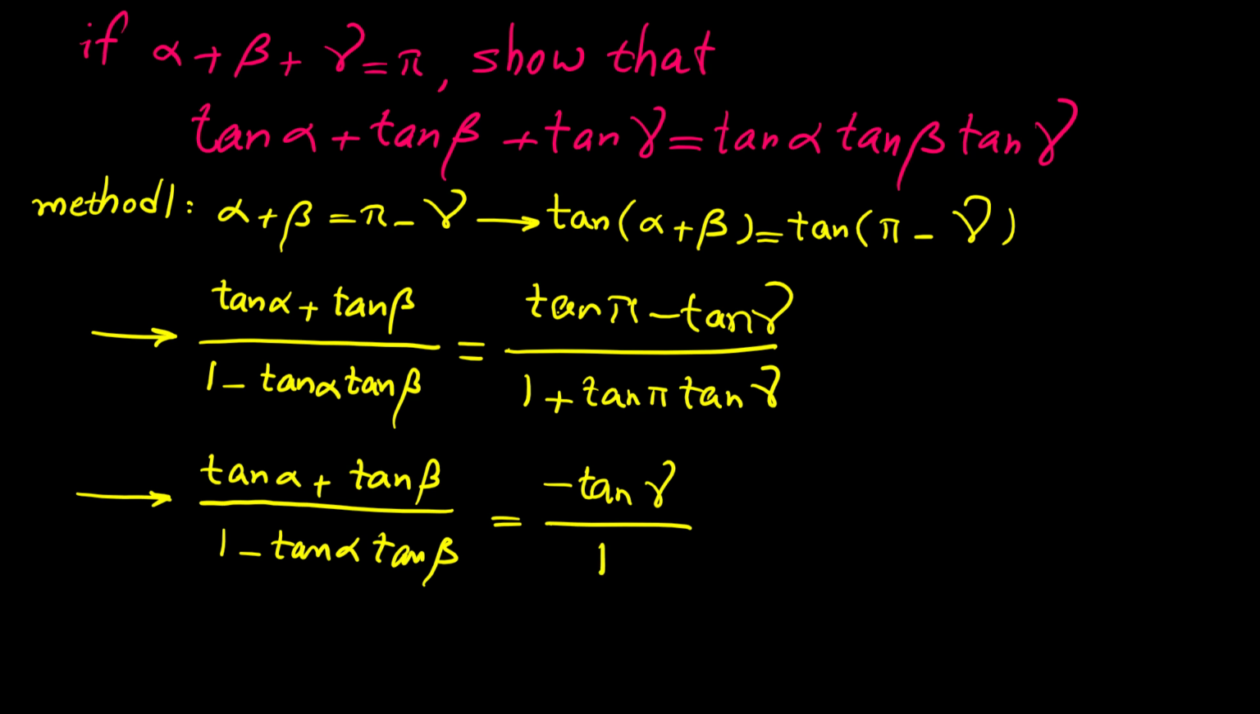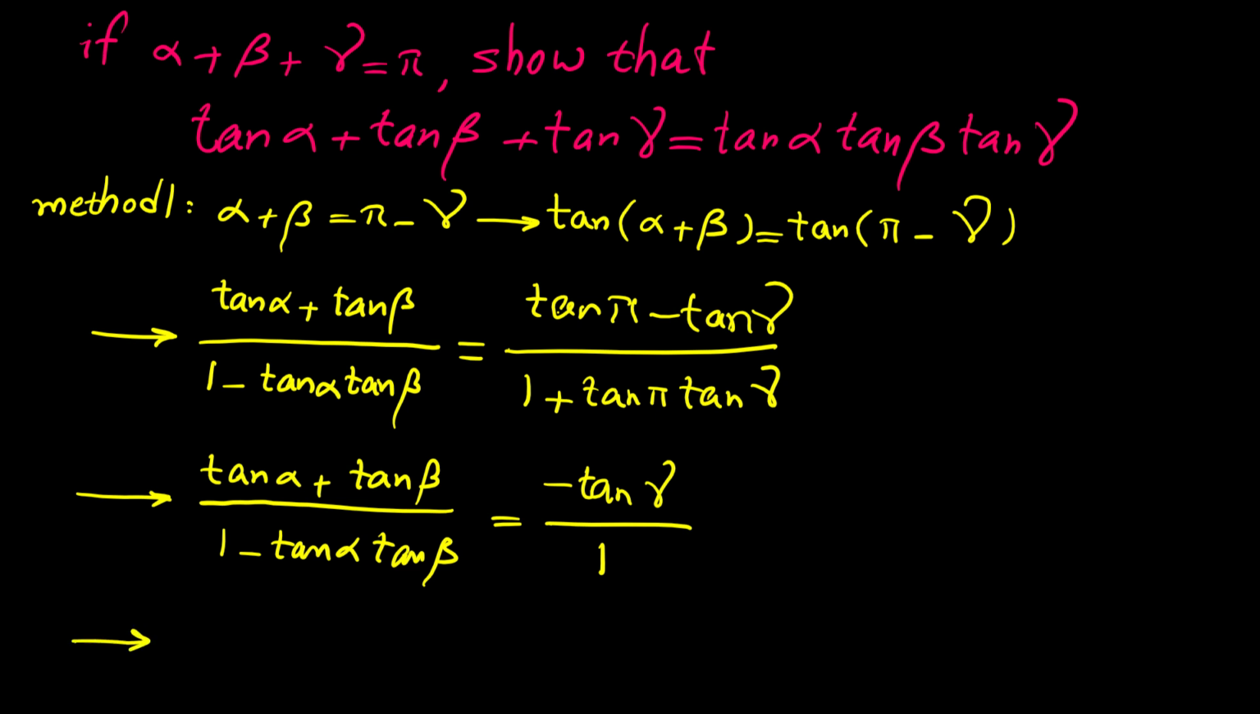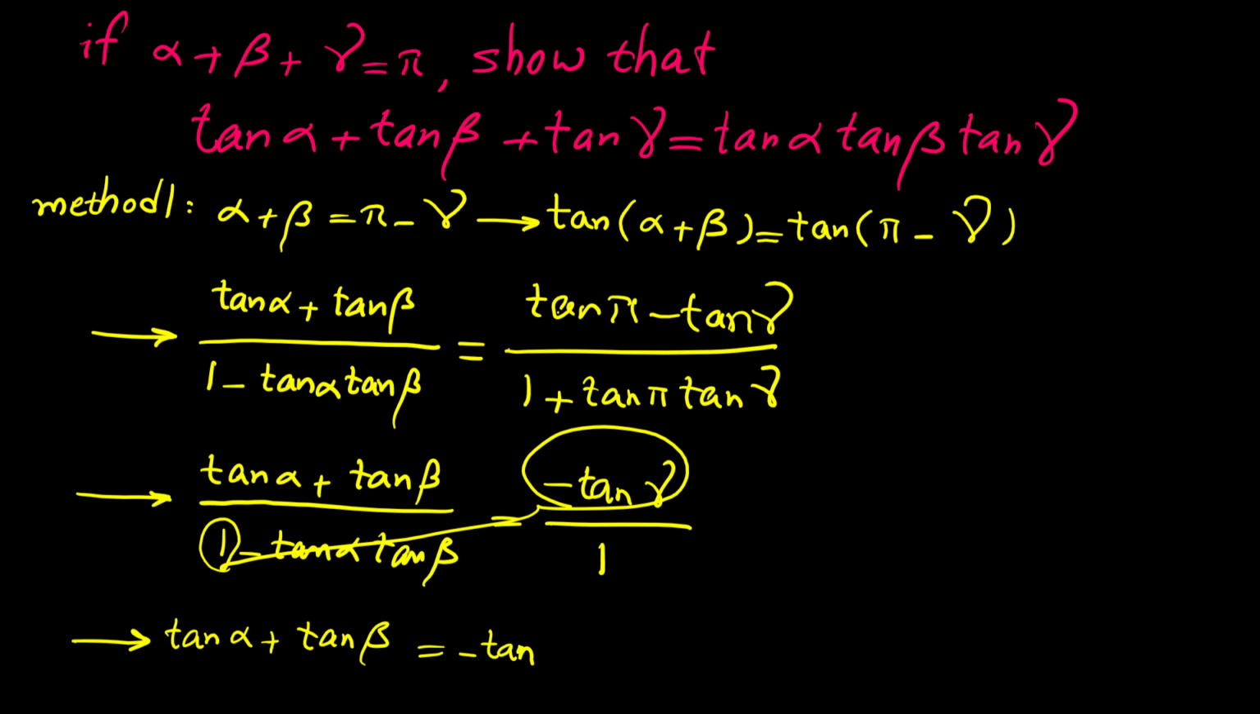Now here, if we do a simple cross multiplication, if we multiply this denominator by this numerator and if we multiply this denominator by this numerator, we can derive this relation easily. Let me show you how we can get this relation. By multiplying 1 in the numerator, we have 1 times tangent alpha is tangent alpha plus tangent beta. On the other side, if we multiply 1 by negative tangent gamma, we have negative tangent gamma